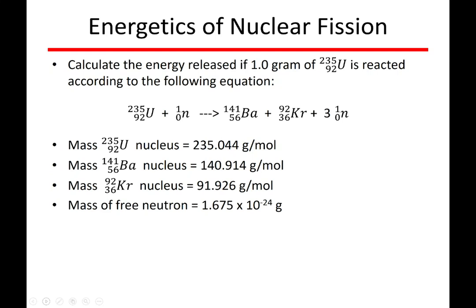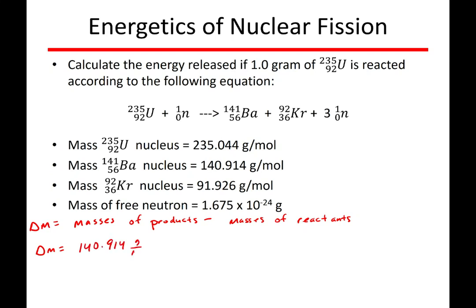And we're going to use these to first calculate what the change in mass is over the course of the reaction. To find the delta M, we're going to have to do the mass of all of the products minus the masses of all of the reactants. All right, now let's go ahead and do that. The change in mass will be the masses of all of our products. Here we have a barium-141 nucleus, so that will be